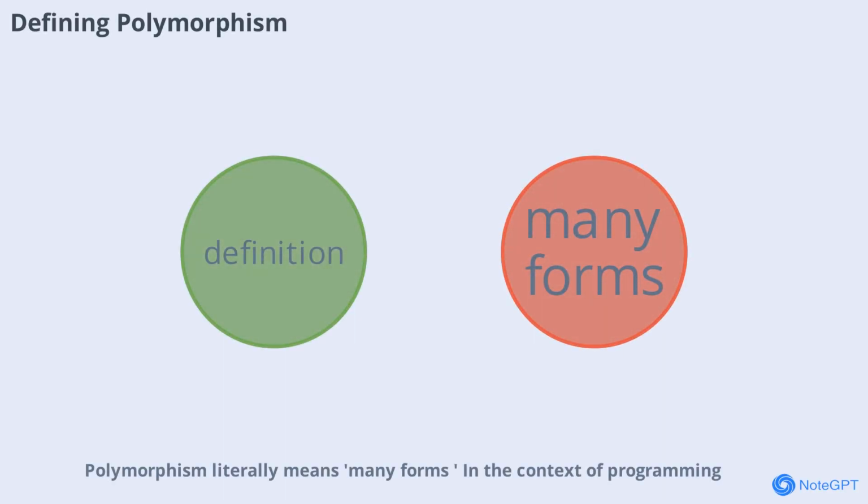Polymorphism literally means many forms. In the context of programming, it refers to the ability of different objects to respond to the same function or method call in their own unique way. This means you can write code that works with objects of different classes, as long as they share a common interface or base class. This flexibility is a cornerstone of object-oriented design, enabling you to build systems that are both